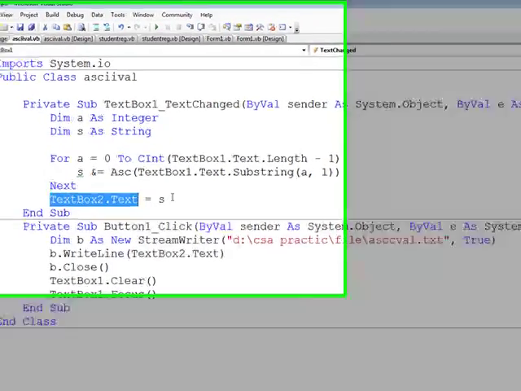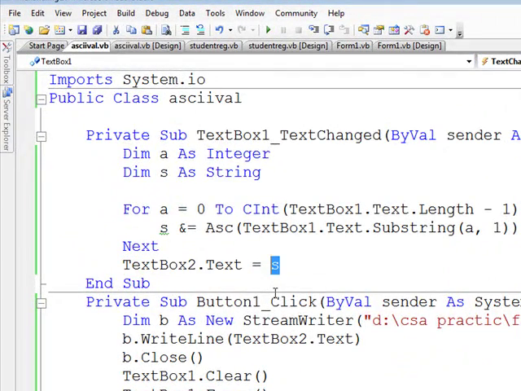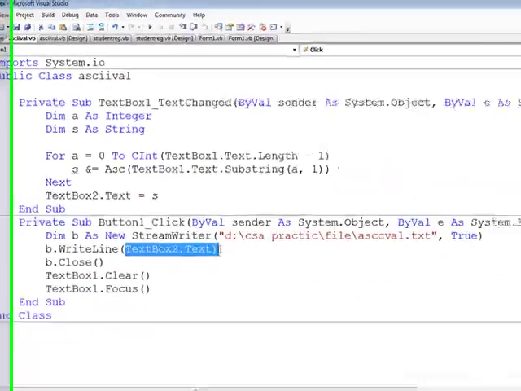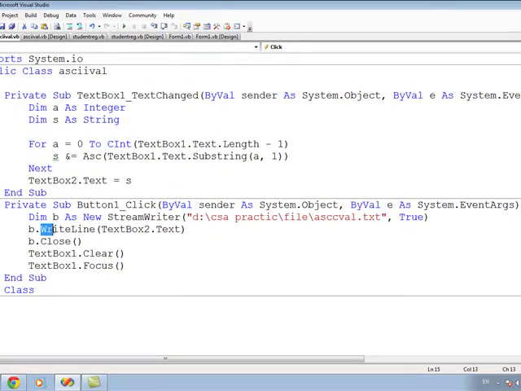Whatever the S variable holds is shown in textbox2, and finally textbox2 data is written by the WriteLine method of file handling